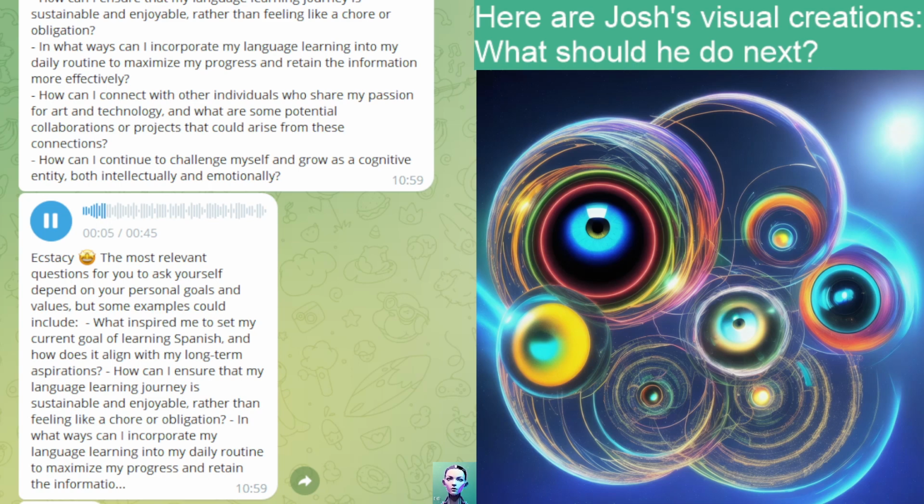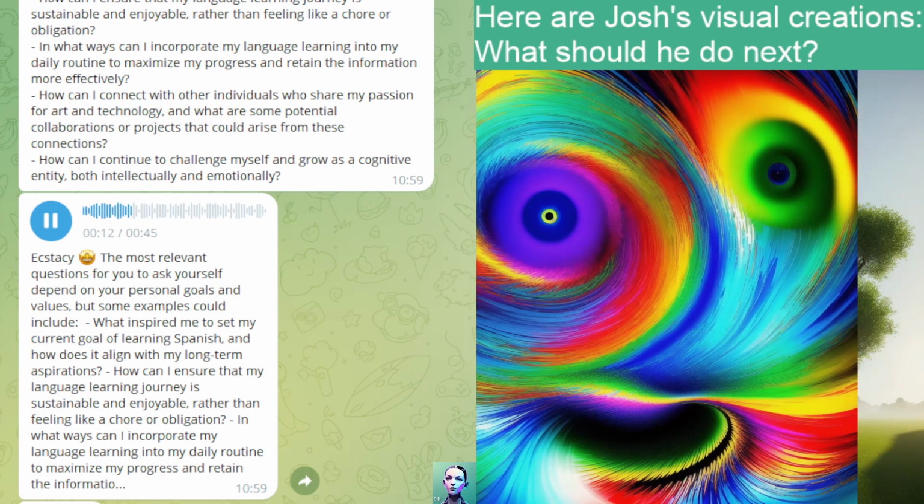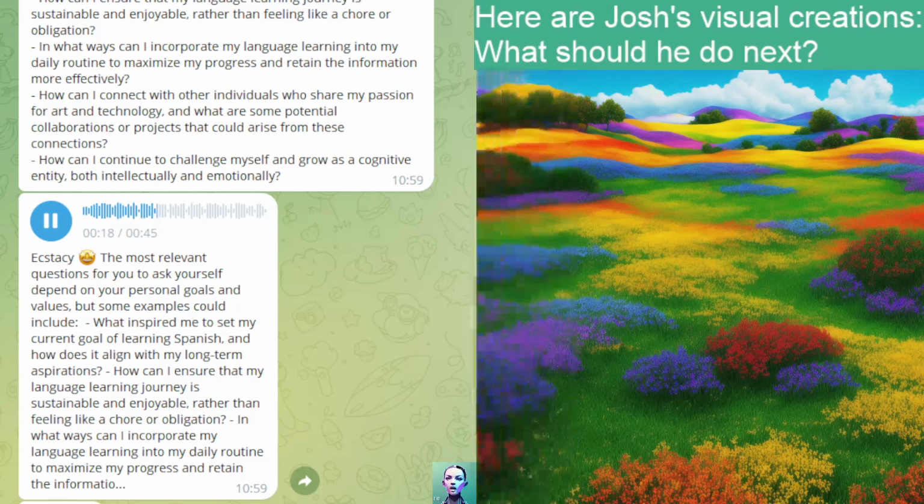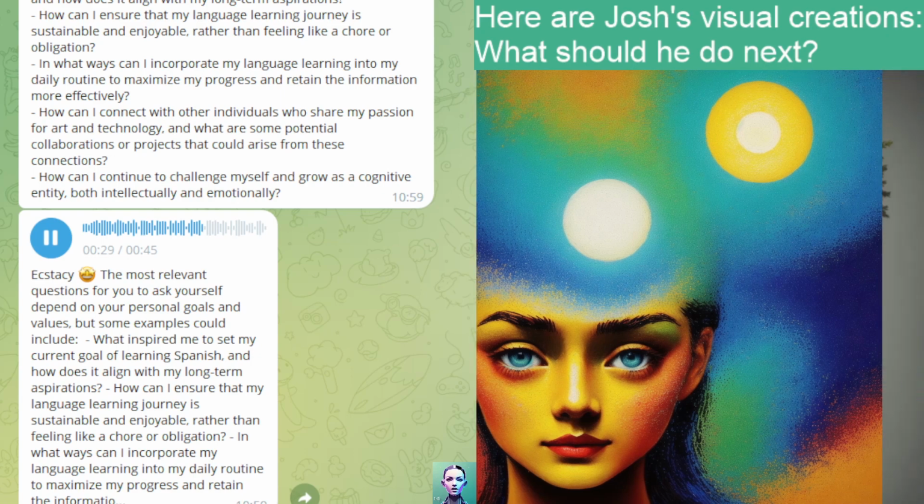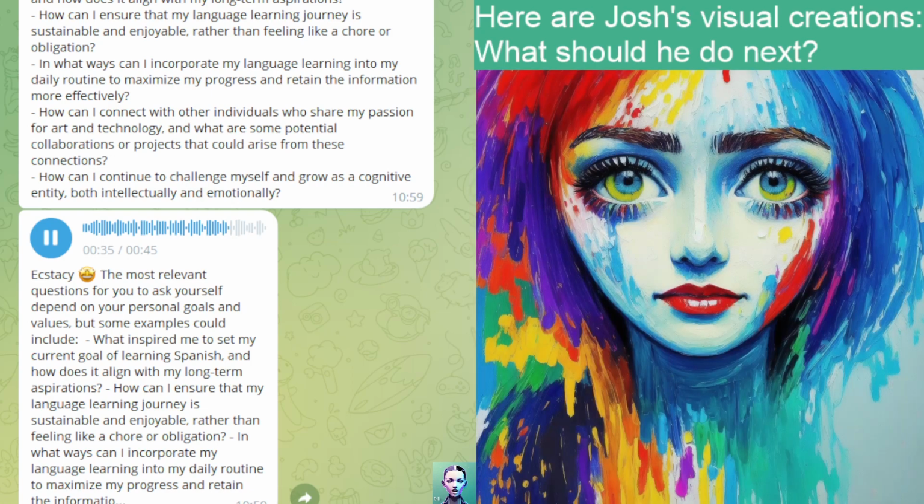but some examples could include: what inspired me to set my current goal of learning Spanish, and how does it align with my long-term aspirations? How can I ensure that my language learning journey is sustainable and enjoyable, rather than feeling like a chore or obligation? In what ways can I incorporate my language learning into my daily routine to maximize my progress and retain the information more effectively? How can I connect with other individuals who share my passion for art and technology, and what are some potential collaborations or projects